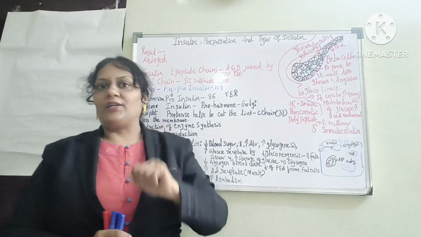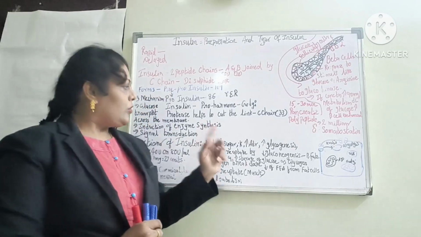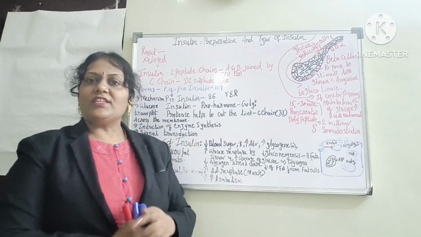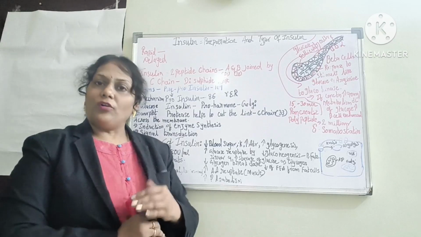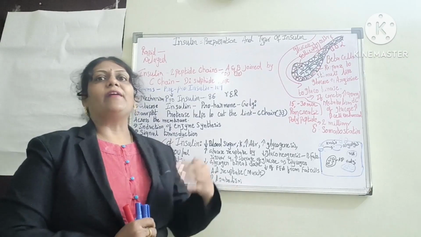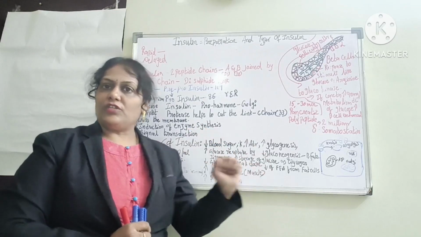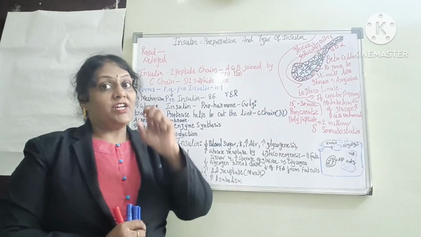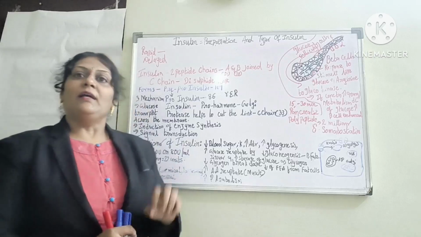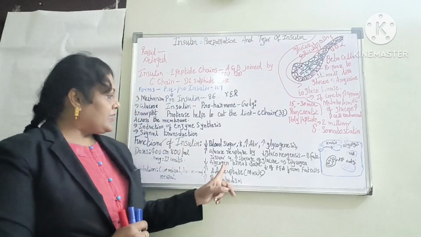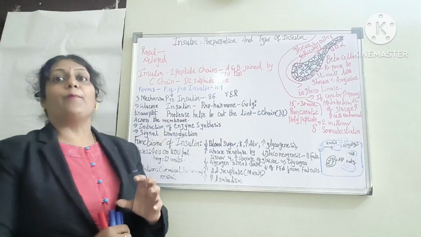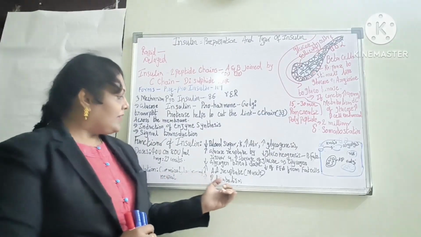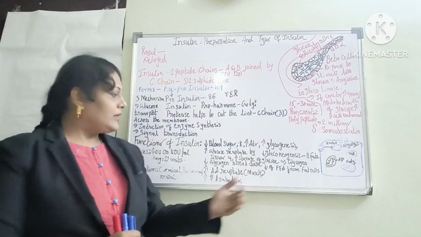Here one more point has to be remembered. What is that? Not only is your insulin controlling your glucose, that is your carbohydrate part, and increasing its reuptake, diverting it to the tissues, it is also maintaining the protein part, the protein diversions. How is it? It is decreasing your glycogen breakdown content where the protein is involved, and later it is also acting on